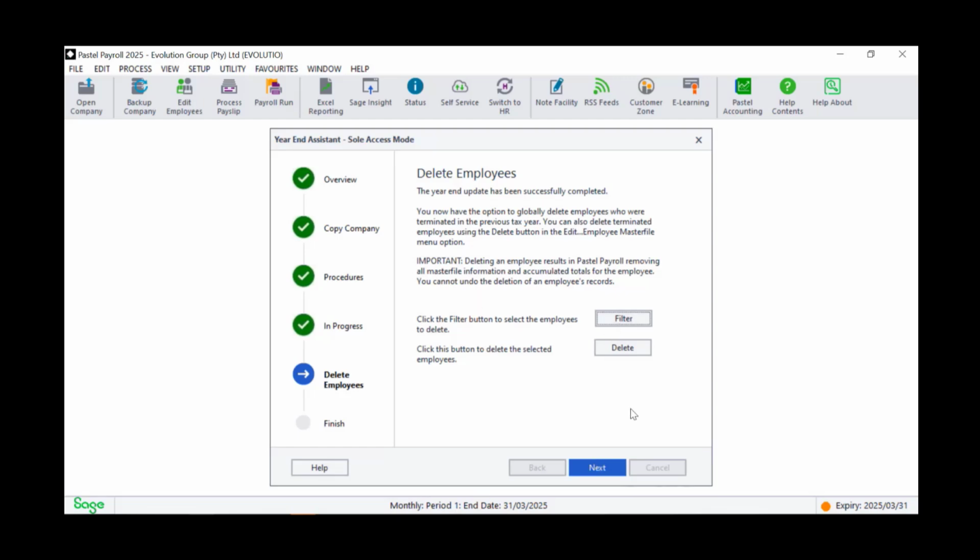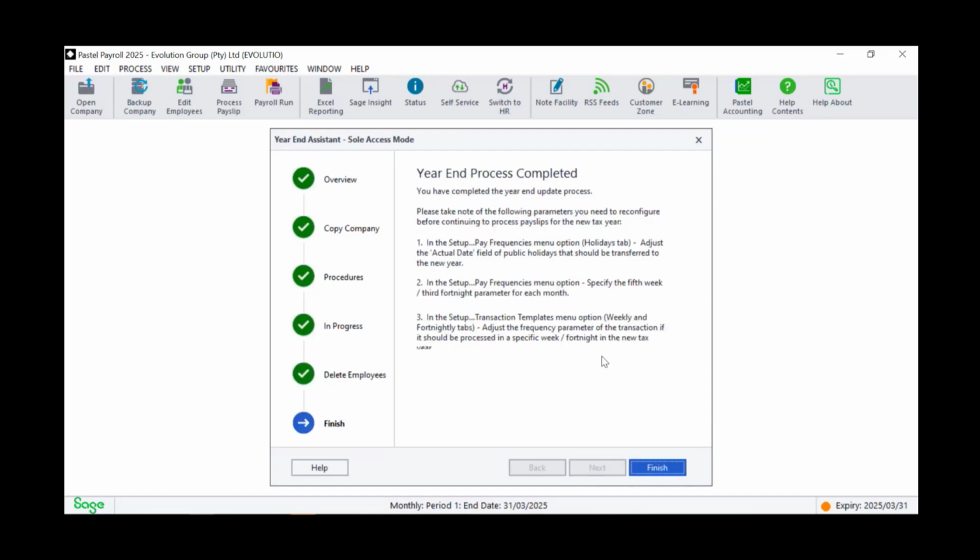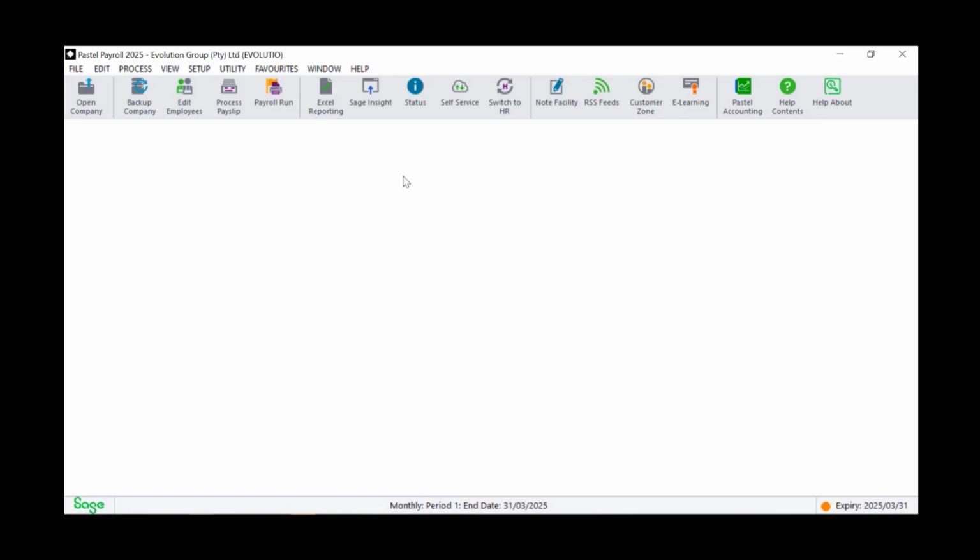Right. So I'm not going to be deleting anything, as I do have a backup. That's fine. Once that is done, then I can click on next. Now I've completed the year-end process, and then click on finish. And now you'll see that I'm in my period 1, which is the 31st of March 2025. Okay. So once I'm in this period,